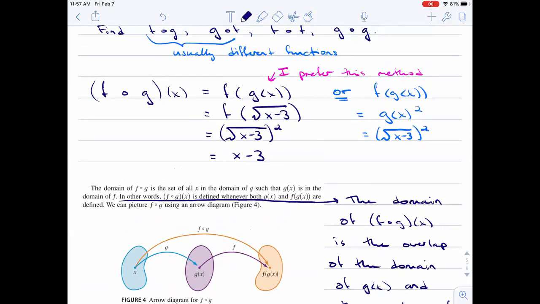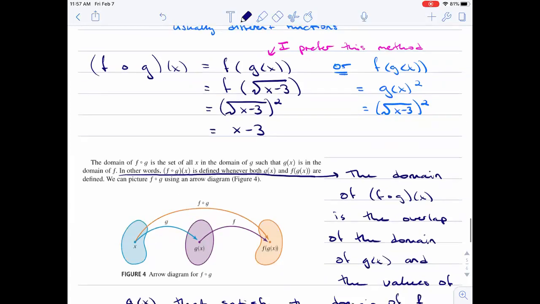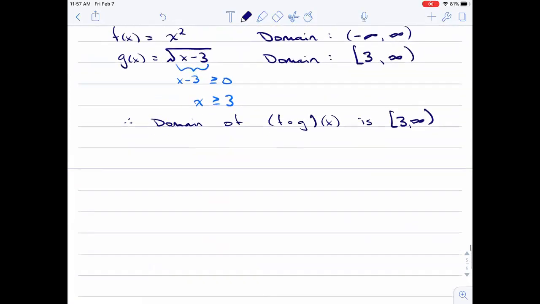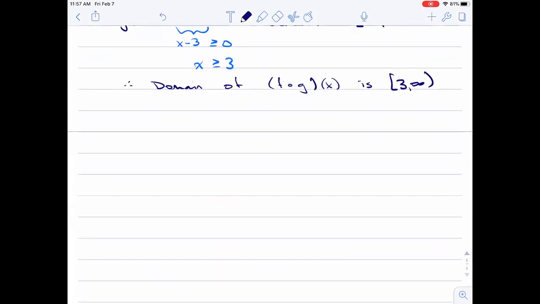It has to be satisfied before it can get plugged in here, but then it also has to get satisfied in f, right? Or it has to satisfy f. So let's have a look at g of f then. And what we'll see is we'll probably get very different functions. So if we find g composed with f of x, or if you prefer g of f of x,